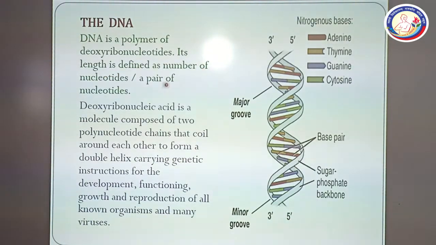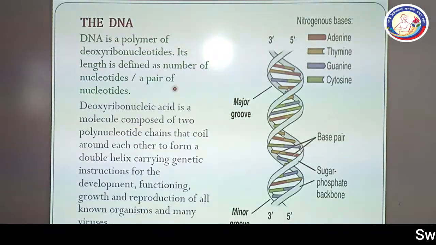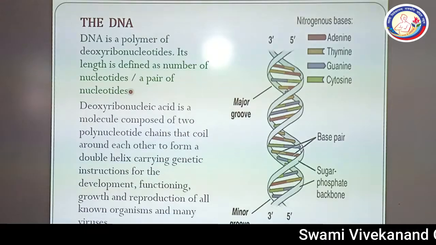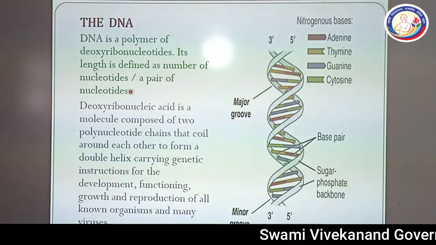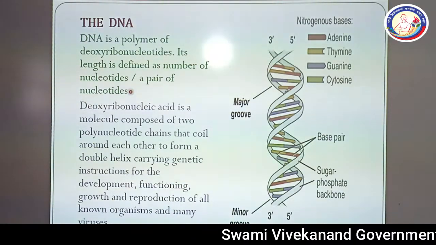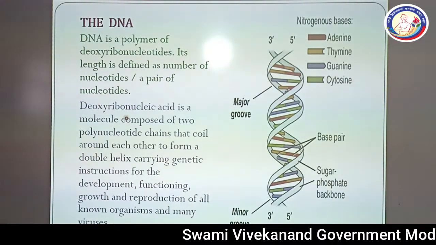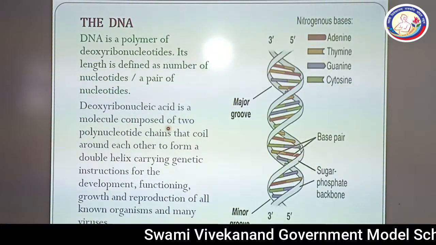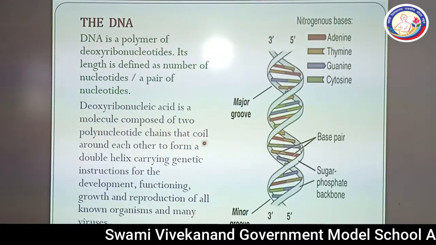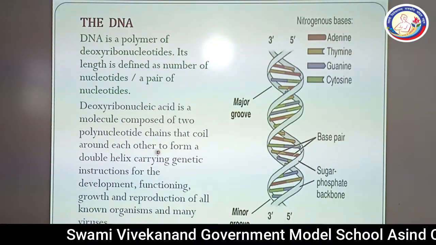Its length is defined as the number of nucleotides or the number of base pairs. So we can see there is a great variation in the number of base pairs and it will decide the length of the DNA. Deoxyribonucleic acid is a molecule composed of two polynucleotide chains that coil around each other to